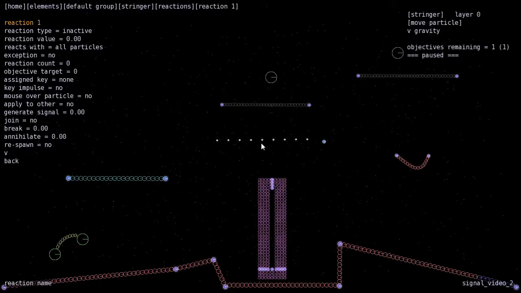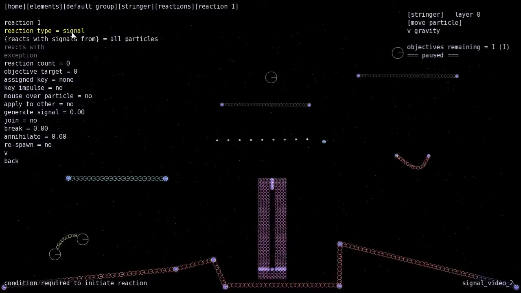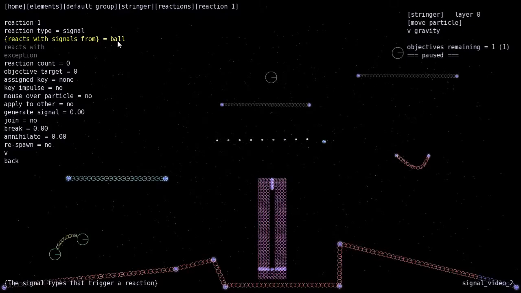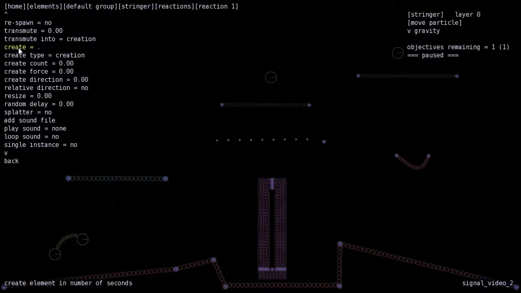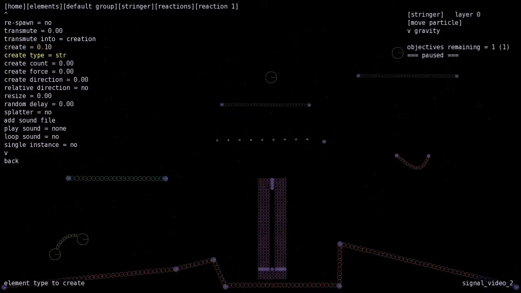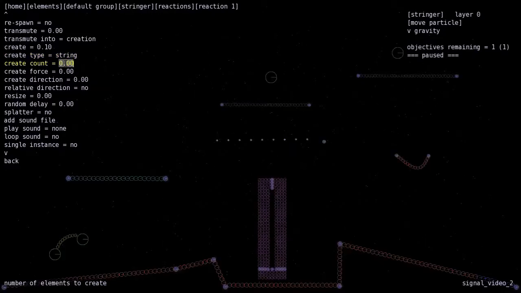And because we're being triggered by the signal, this is going to be a reaction type from a signal, and we want to accept signals from the ball particle. And what we will do when we get that signal is create every 1/10 of a second a string particle, and we'll just create one,